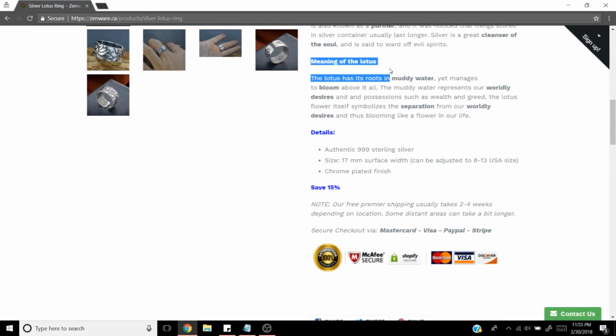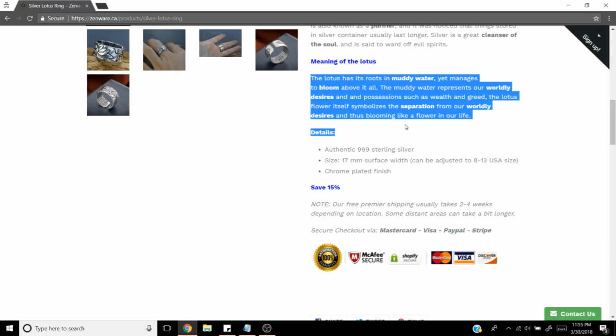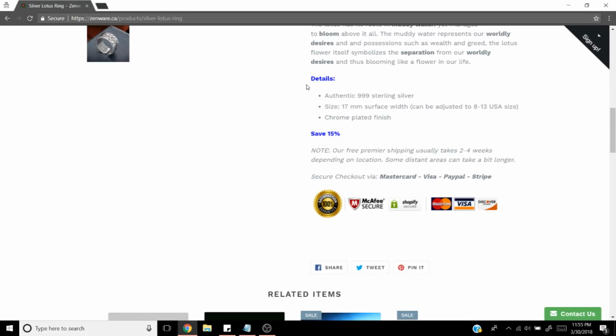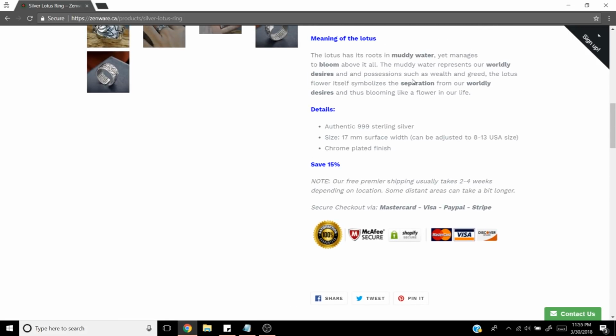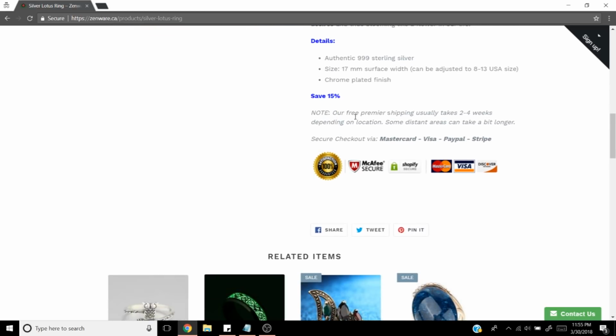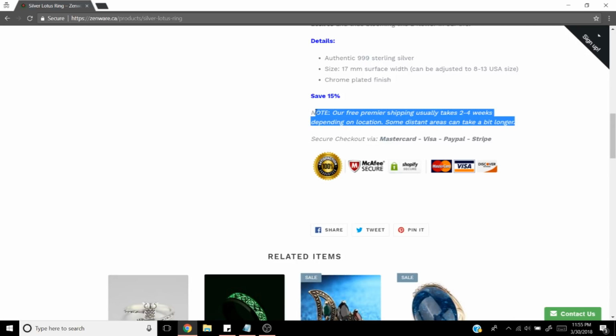Like how you have things separated. It's like that monkey website on the descriptions, very easy to digest. Your details, great to have right here. That's fantastic. It's not taking up too much. Once again, I love these bolded main points right here. Come down here, save 15%. Our free premier shipping usually takes 2 to 4 weeks depending on location. See, this is totally fine. You don't need to give an explanation for the shipping. Just being like, hey, yeah,